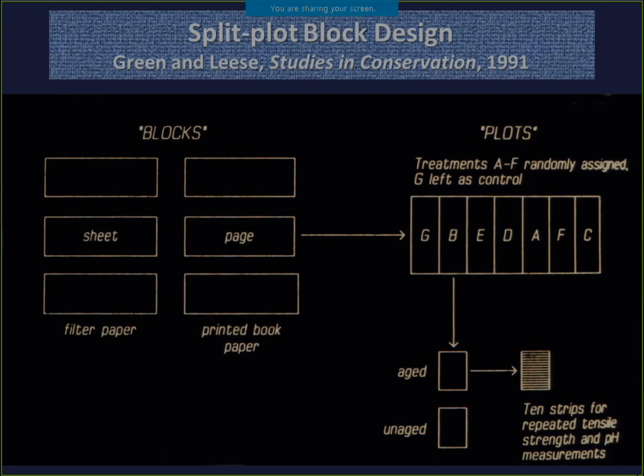Experiments were done on two types of paper, Whatman filter paper and 19th century printed book pages. So here the experimental units were defined as including both facsimiles and real objects. The larger papers were then divided into sections for treatment. So these are the plots, which makes it analogous to agriculture. There were three replicates for each combination of factors, paper type and treatment type, and there were seven treatment groups: